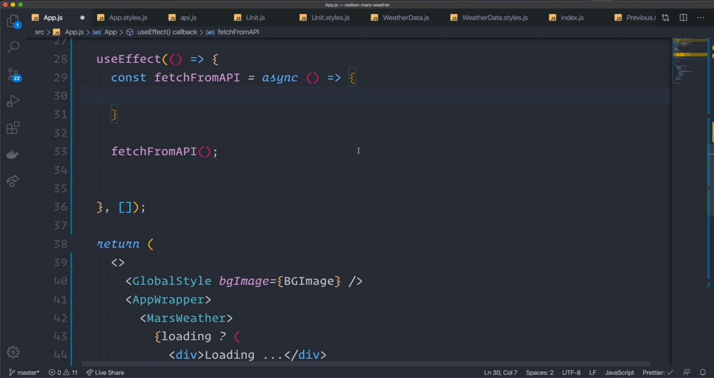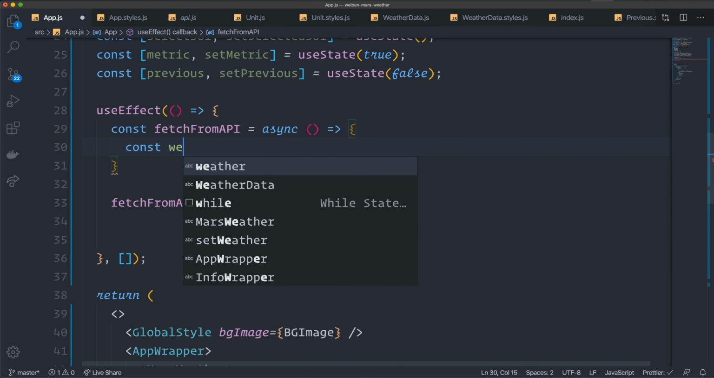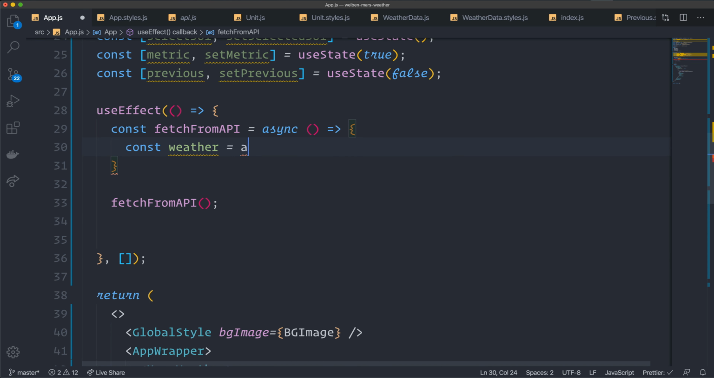In a bigger app, you probably would create a custom hook for your fetching, so you won't do it inline in your component like this. But for this use case, it will work just fine. We don't have that much code. We are going to have this one useEffect. That's the only one that we're going to have. Okay. So inside our fetchFromAPI inline function, we create a const that we call weather, and we await